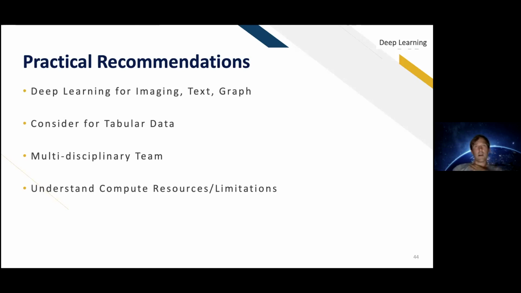Obviously there are particular areas of expertise, and I would say even for each of these individual data areas, there are people that have expertise in deep learning for images versus text versus graphs. So a lot of times it's going to take a multidisciplinary team to carry out one of these tasks. And then the other thing that I would caution about is just understanding the compute resources and limitations. So a lot of these